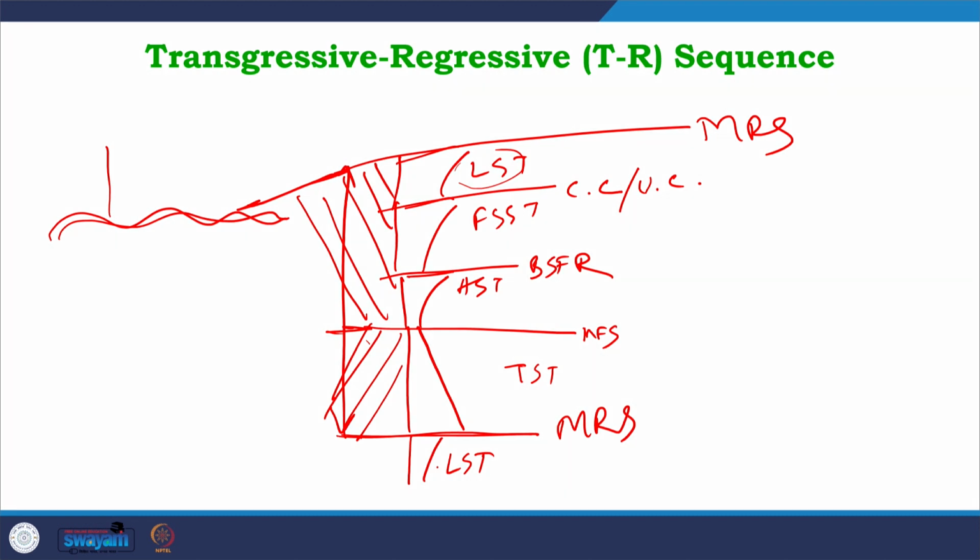So, when we try to look into this transgressive regressive sequence model, it offers an alternative way of packaging the strata into sequences, where we try to bypass some of the pitfalls of the depositional sequence and the genetic stratigraphic sequence. How can we do that? The TR sequence model commonly uses the subaerial unconformity as sequence boundary, particularly when we are looking into the